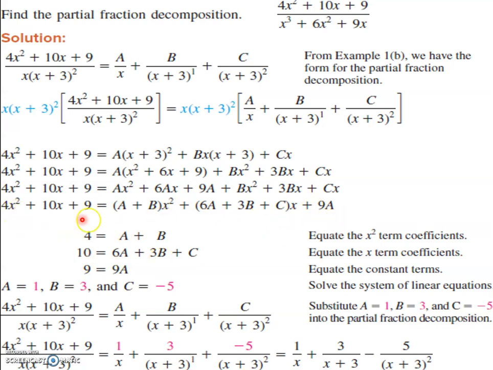Then we compare x² with x², 4 is equal to a + b. Next, 10x is equal to (6a + 3b + c) x, x gets cancelled, 10 is equal to 6a + 3b + c. Next, 9 is equal to 9a. First, we have to simplify 9 equal to 9a because the calculation is simple: 9 goes to the side, a is equal to 1. Then we put it in these equations, so we derive b. Then a and b we put here, then we derive the constant value of c. So in this way, we solve the partial fraction decomposition, even if you do not know whether it is factorized, defactorized or repeated.